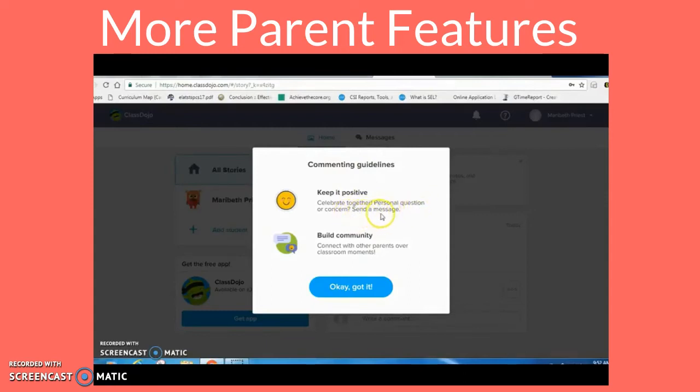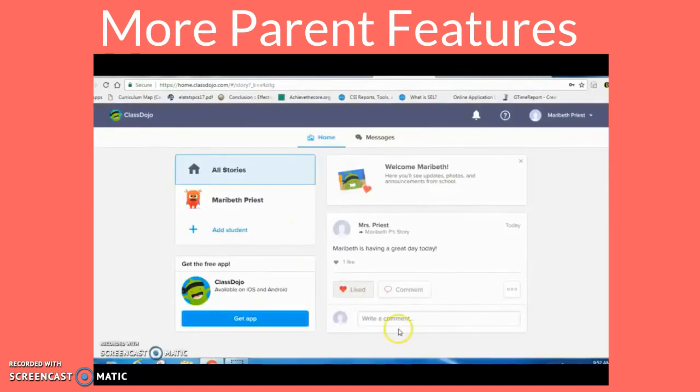Personal question or concern, send a message. So if you have a concern, that's more in the message. If you want it to go on the wall, then that's going to stay so we can see that. So I'm going to click OK, got it, and say, I am also proud of her hard work when she